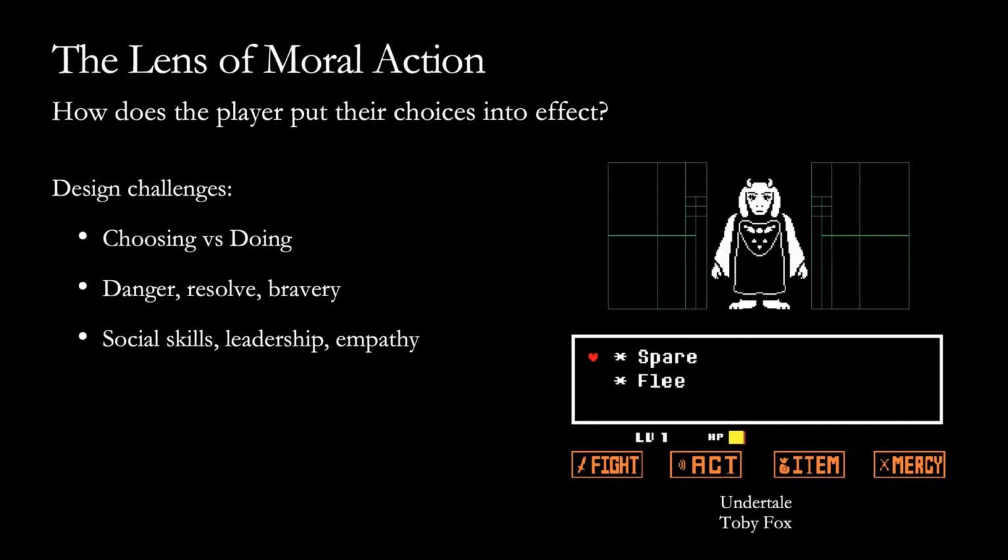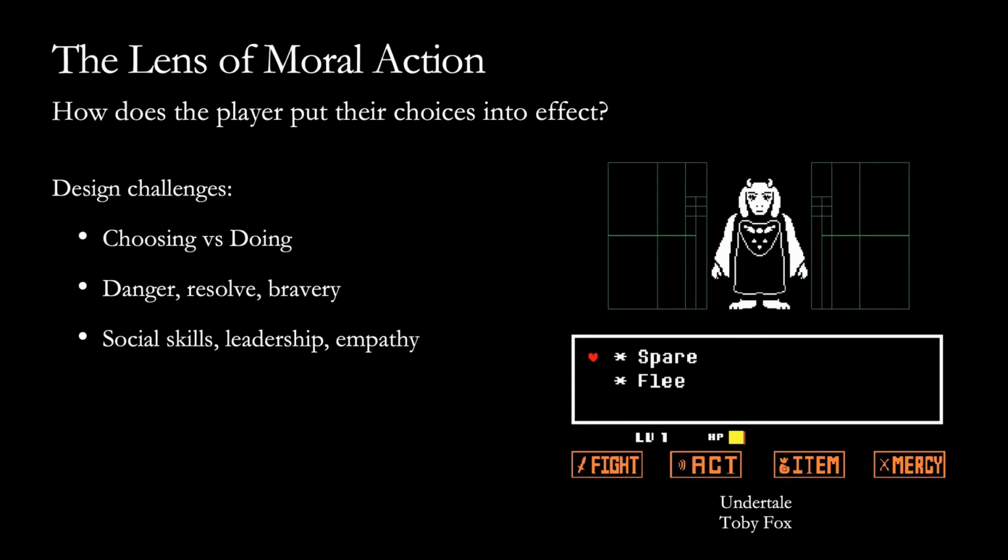And so what you'll often find in the real world is that moral action is all about danger and resolve and bravery. It's about people like, for example, Martin Luther King or Gandhi or any of these other moral exemplar leaders. Jesus Christ is another one. It's about committing to morality, making the right choices, and doing it in the face of opposition, very often in the face of death threats and eventually assassination.